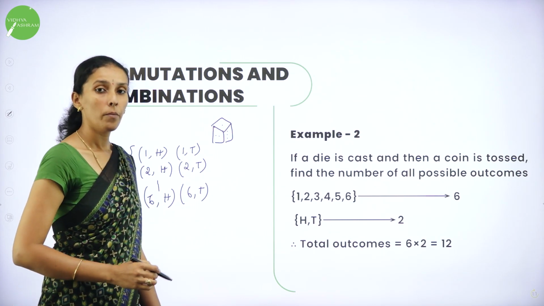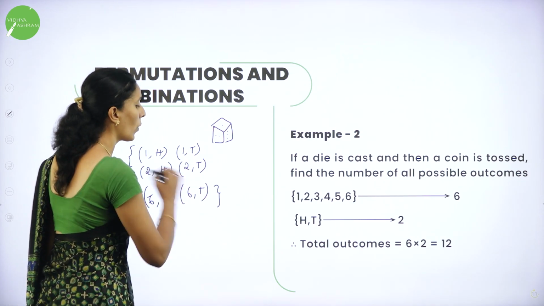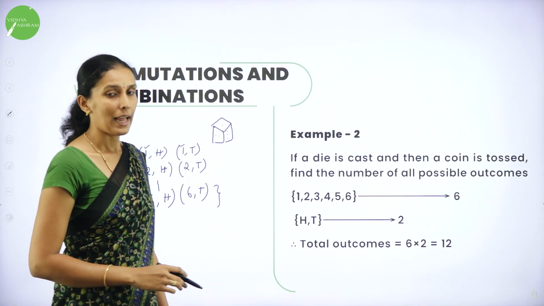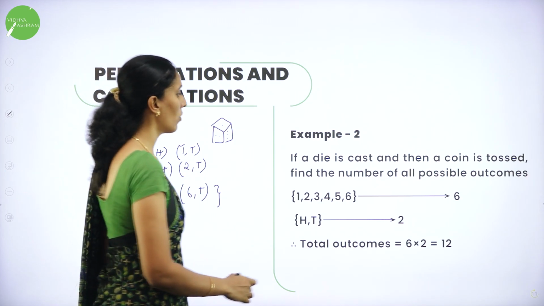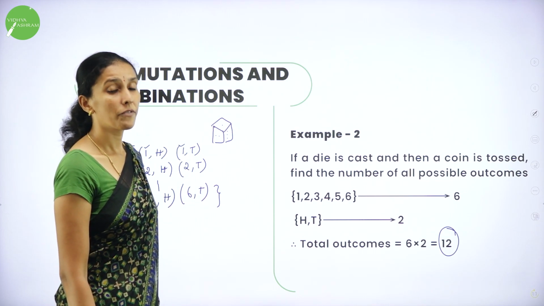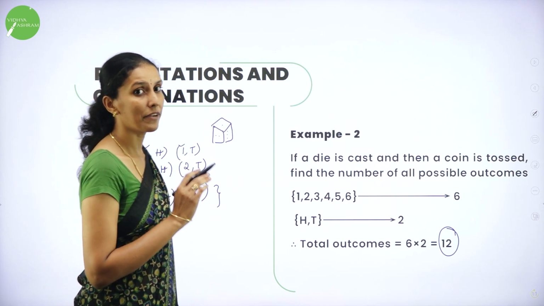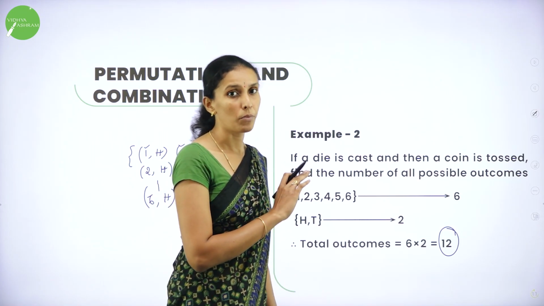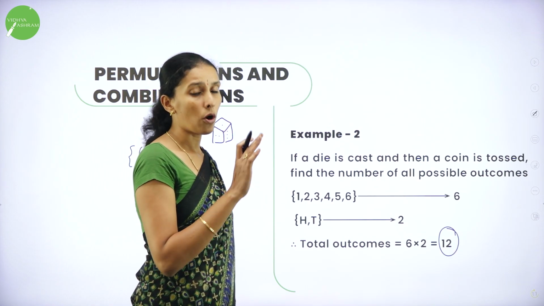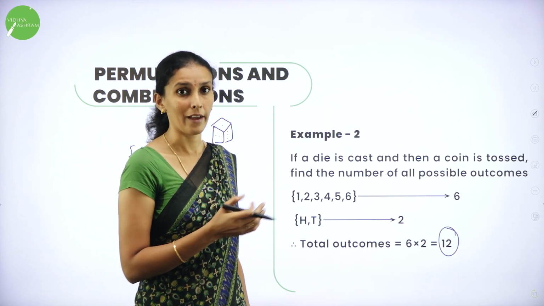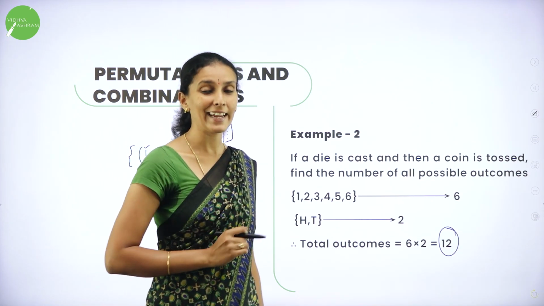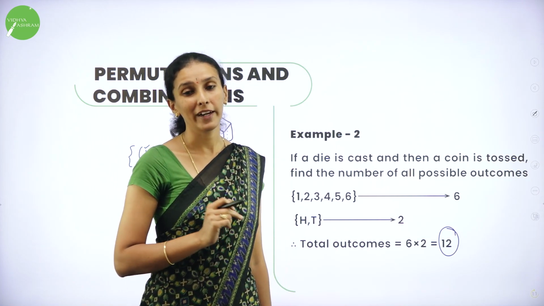for 6 you may get tails. So how many operations are we going to do here? For each number, you have 2 different elements with that, either head or tail. So therefore, there will be a total of 12 outcomes possible. So this is the fundamental principle of counting, the product rule. In sum rule, the occurrence of 2 operations does not disturb each other, whereas in product rule, they occur simultaneously. Therefore, in sum rule, we take it as m plus n, and in product rule, we take it as m